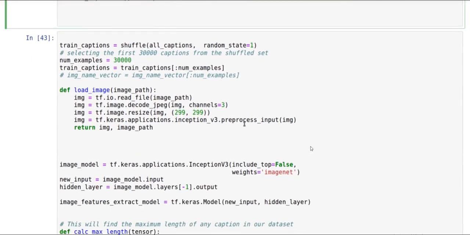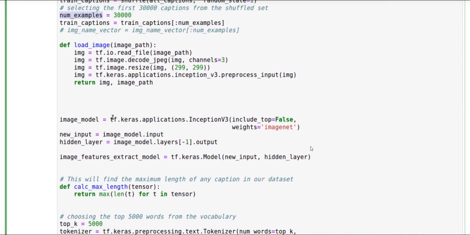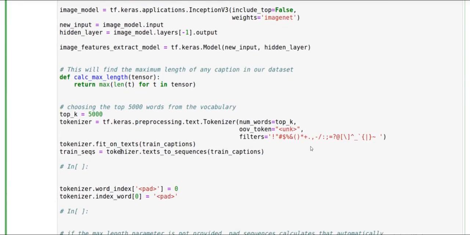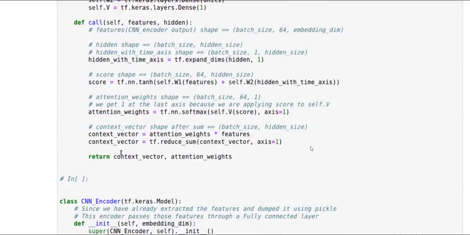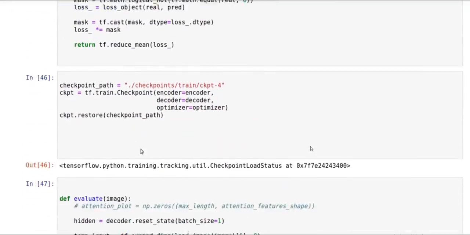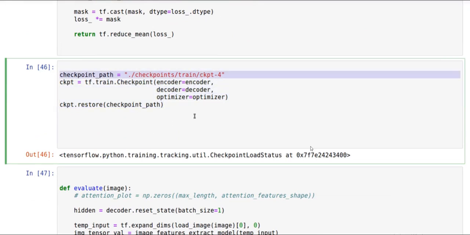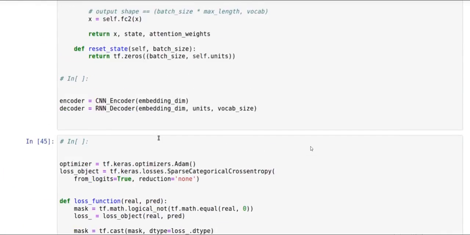After importing the captions, you need to load the pre-trained model. I'm restoring my pre-trained model here. At this point, the path of my checkpoints is the checkpoint folder train ckpt. Then I restore those checkpoints.